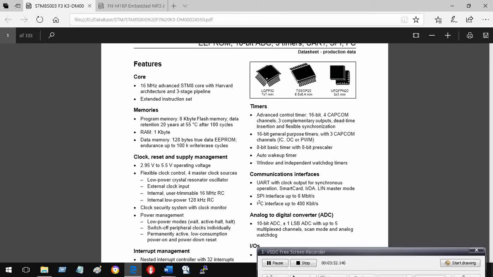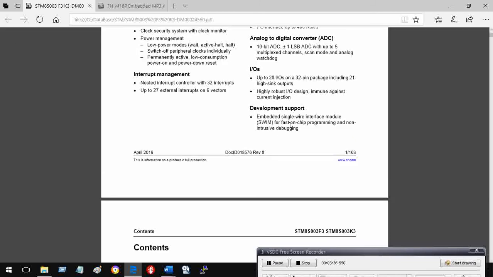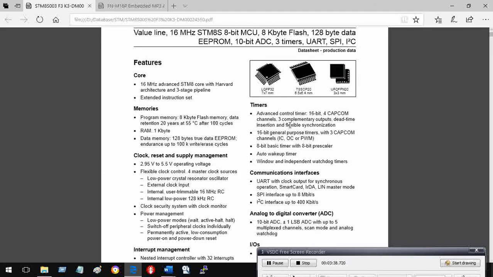Either I have a 32-pin device or a 20-pin device. I will go for SOP20 because it is easy to handle. Now this device operates on a 2.95 to 5.5 volts voltage range. That is fair, good for me.